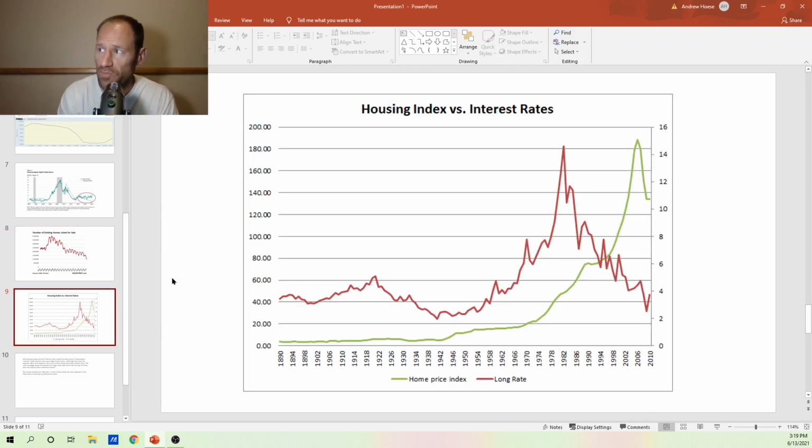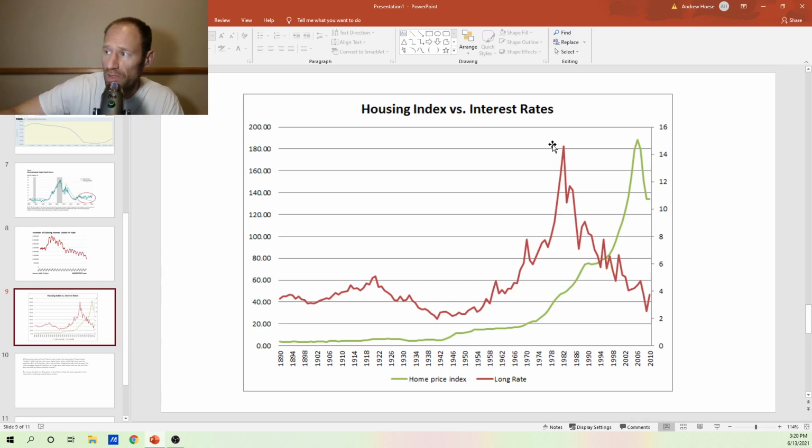Now here's the housing index versus interest rates. This is just looking at the long rate versus the home price index. This increased all throughout this increasing interest rate environment. It also increased a little bit and went sideways during this declining interest rate environment. Then it really took off from the 1940s all the way to 1990 in a massive increasing interest rate environment. The largest increases in history occurred during an increasing interest rate environment in the 1970s. We had a massive housing market appreciation boom. At the same time, we had interest rates going through the roof.